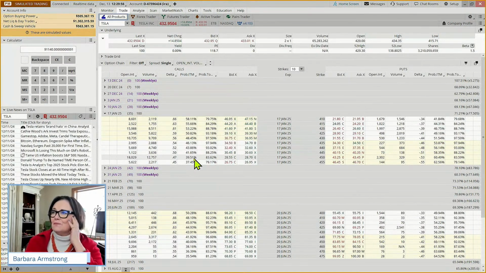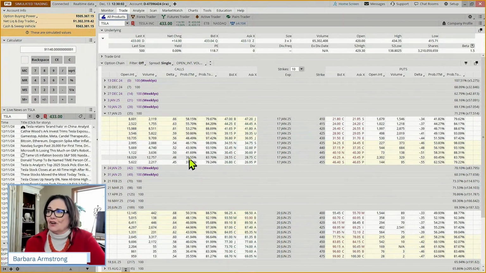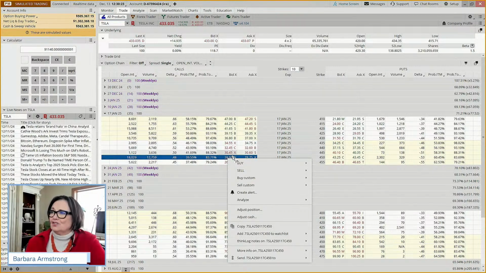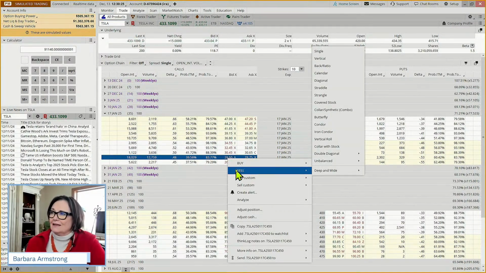And we've got a 40% chance of it being above, like a 39.5% chance. These are fluid numbers, they're changing all the time. But with where it's currently sitting, they're saying the probability is 39% of it being in the money come January 17th, and an 83% probability that it will at least kiss it or go above. And maybe we should sell the 155. You can sell whatever you want. But this is just an example, right?